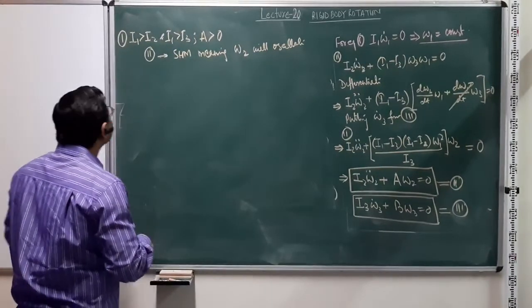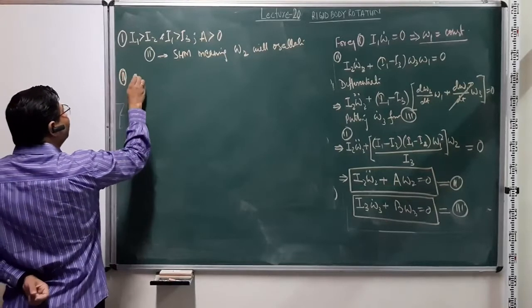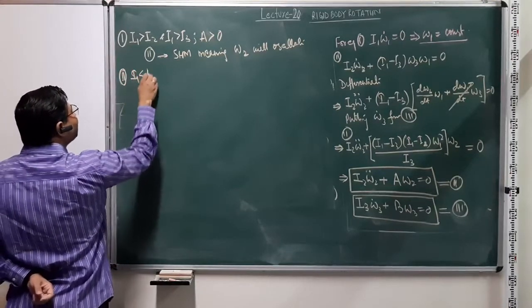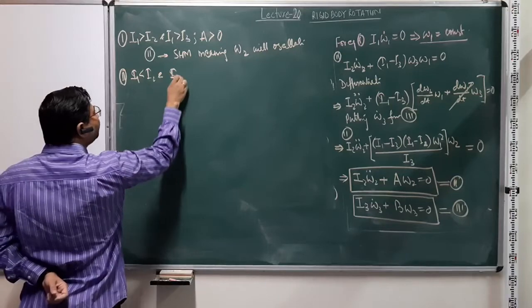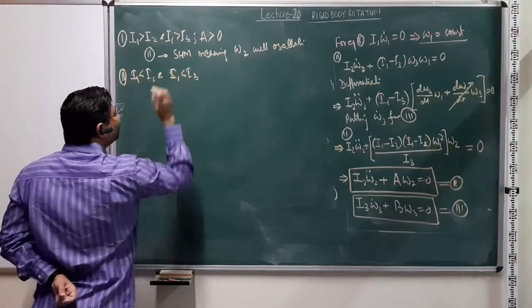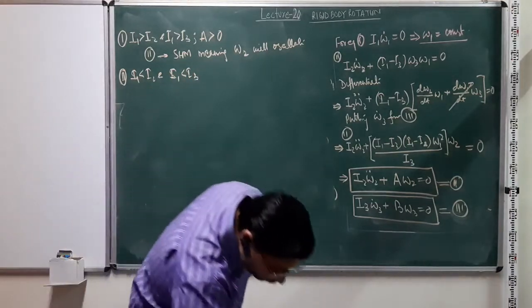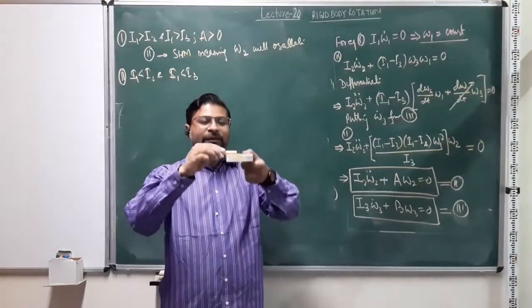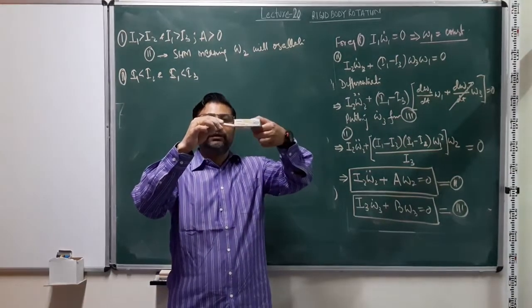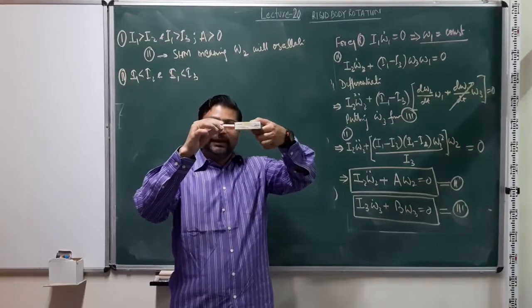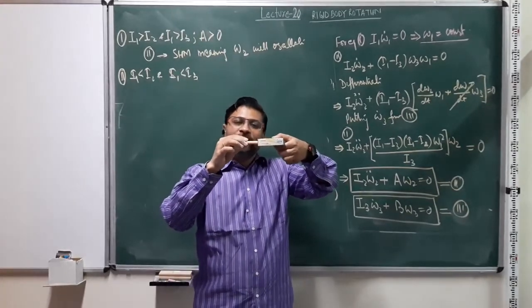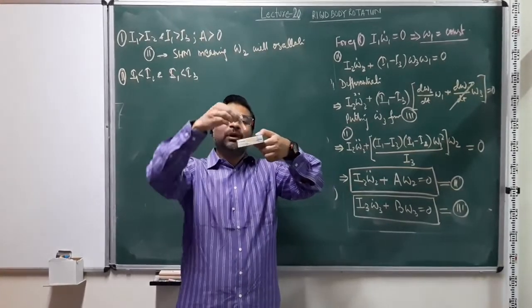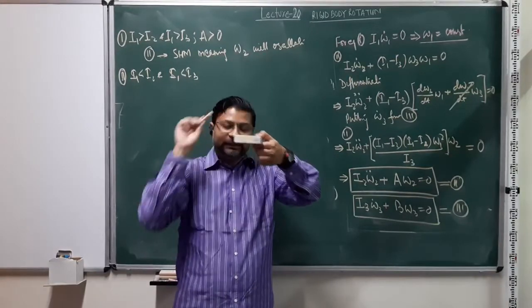Right? Okay. The second case could be, let's say, I1 is less than I2 and I1 is less than I3, right? So, for example, let us say if I consider this axis, right, then this is one of the axes along which the moment of inertia is smaller than about this axis and about this axis, right?